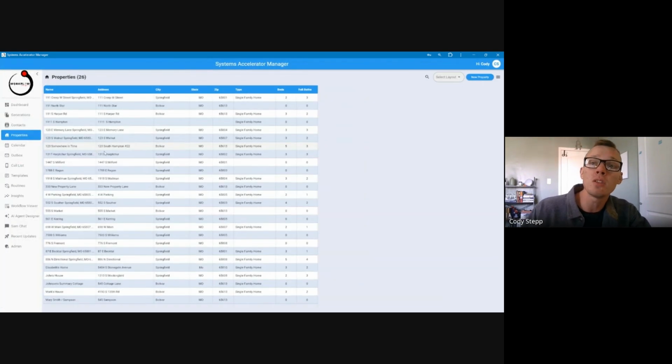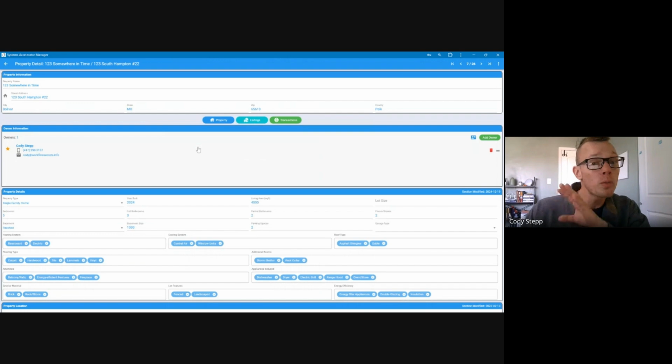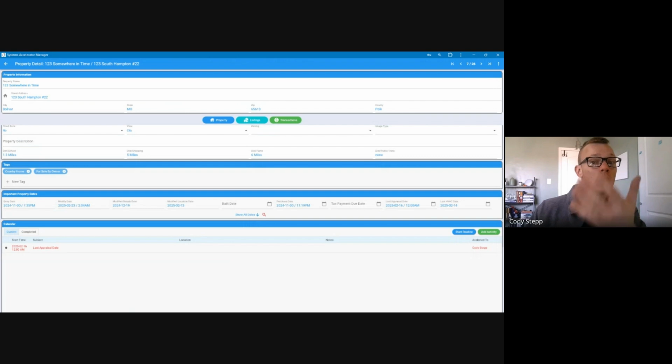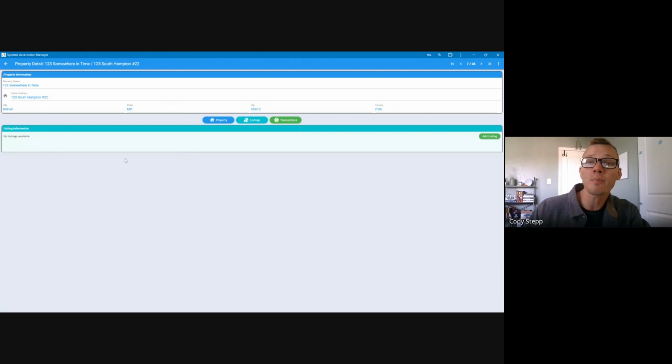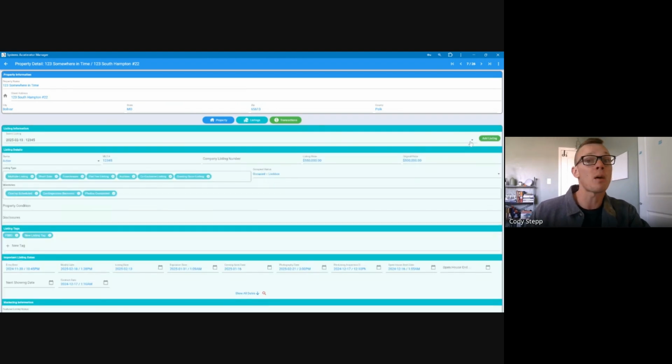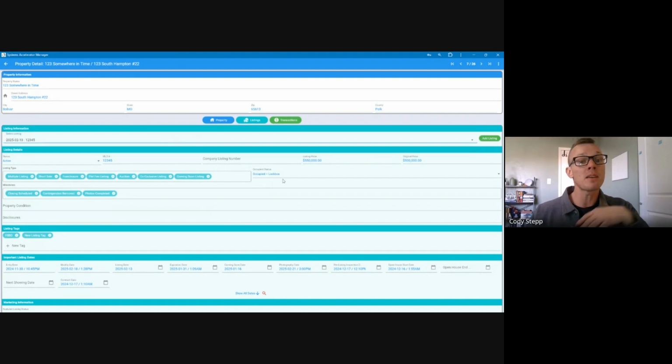But the other thing that you can do is inside the system itself, you can actually store the properties data. For real estate agents, you're always going to have a property, but you might not have a listing or a transaction. So the way we have this built out is that every property is going to have access to all of the details that go inside of it. And if you have a listing, that listing can be placed in here. The cool thing about this, you can actually stack multiple listings inside this database so that if you have worked a property over and over again, you have the ability to keep track of that all in one place,